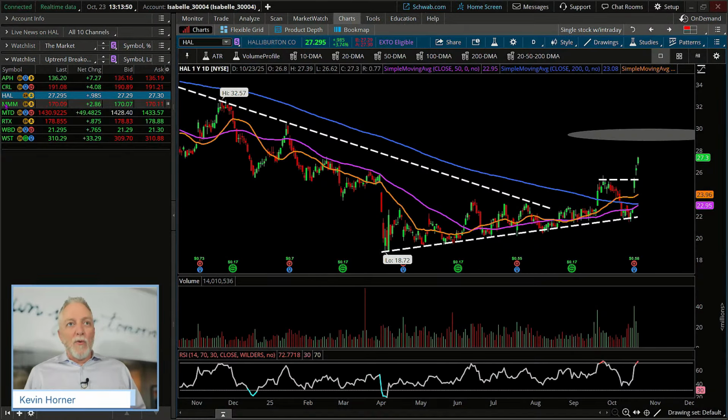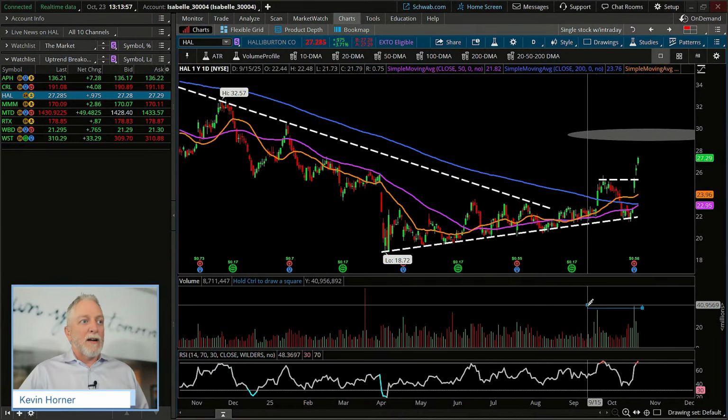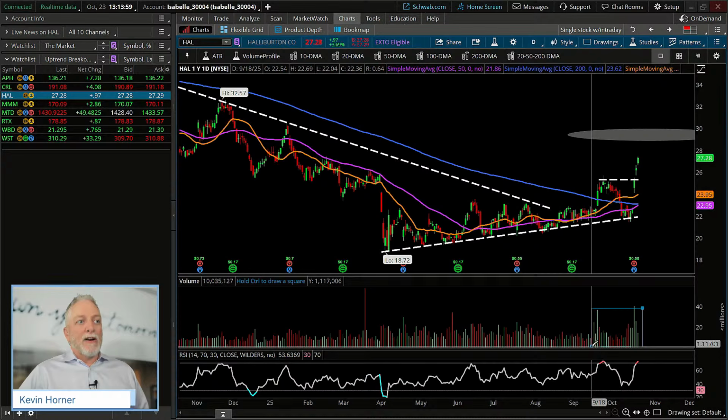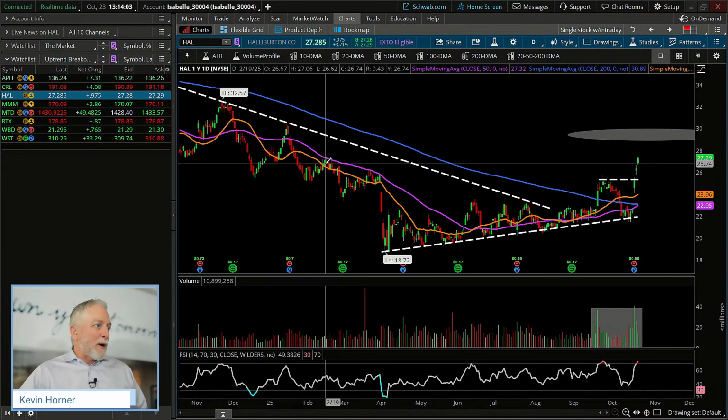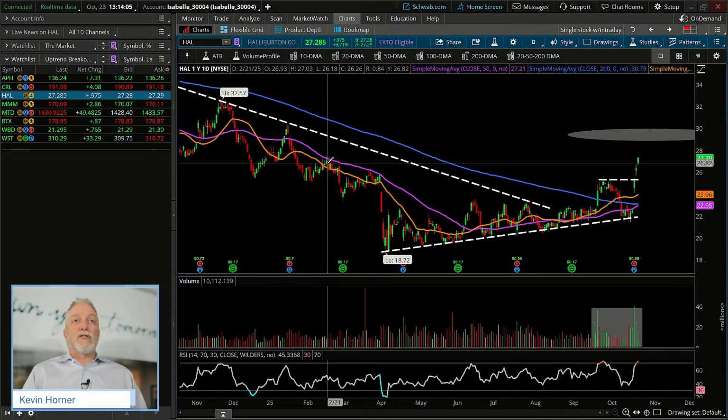So the Halliburton one is kind of interesting here, right? You can clearly see bigger spikes down below in volume of late, right? And so we know we've got an increase in volume. You've got a stock moving to the highest high it's had since all the way back in February. So you're not just looking at a 20-day high here, everybody. You're looking at an 8-month high in HAL after having broken a long-range downtrend via my white line.